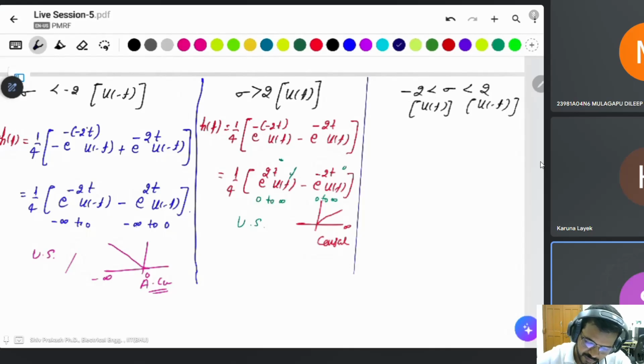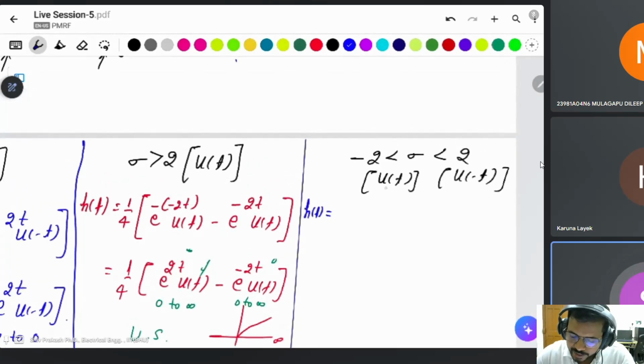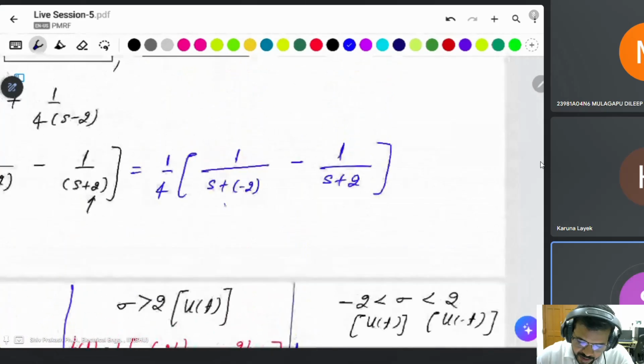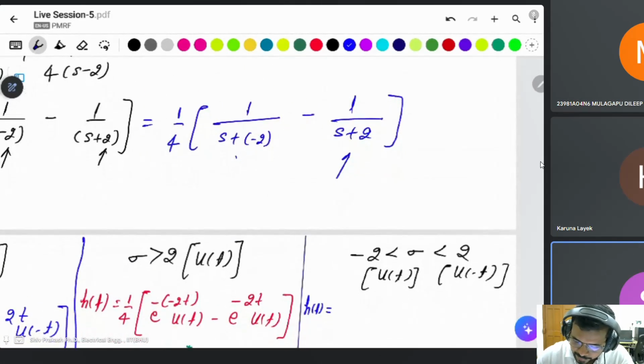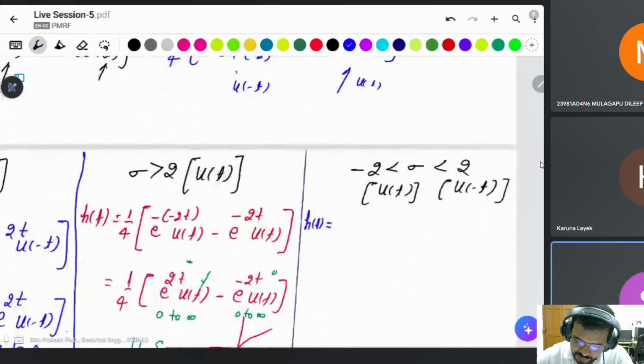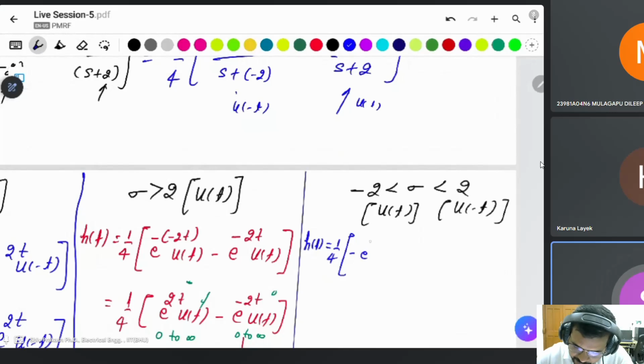Next, this will be minus 2, it will be greater than this one. It means this will be greater than, this will be the u(t) function, this will be a u(-t) function. This will be minus t. It means minus e to the power of minus 2t u(-t)